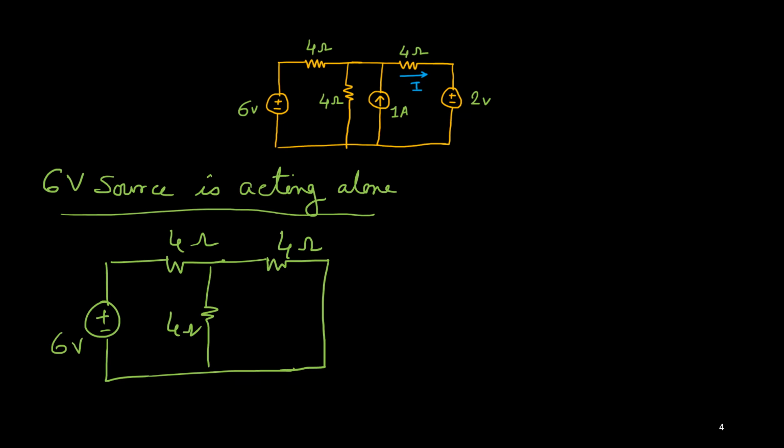Now we need to find out this current, that is your I double prime, I prime. Okay, now what we'll do, first we'll try to find out the current here. Okay, so this current is suppose I1. If I can get the current here in this branch, then that current will be divided by these 2 paths, right?